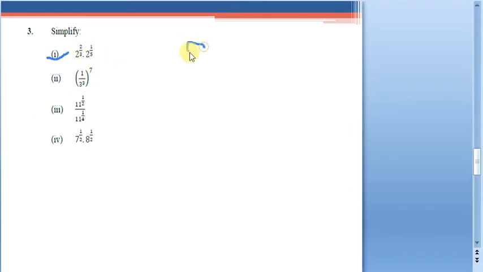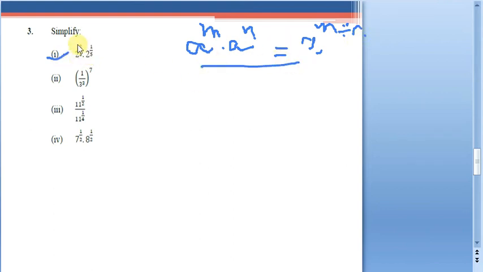So we have an important identity, a power m into a power n, where the base is the same. What we do is a power m plus n. That is what we know from the exponential law. So here the base is the same, so why can't we add the powers also? It is in the form of a power m into a power n, with multiplication. So in that case, we can take the common base and add the powers.